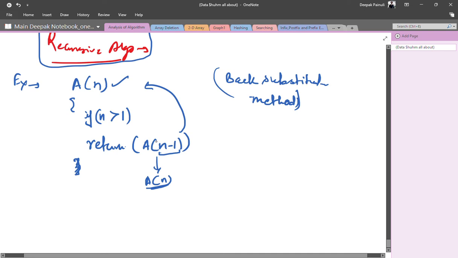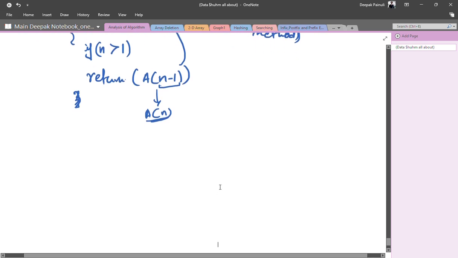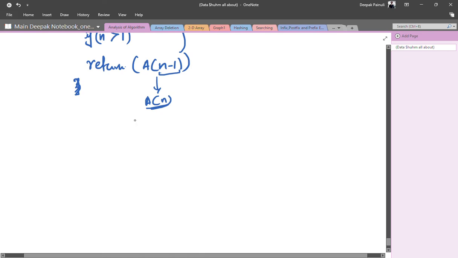So if you see this code, you can easily say the time complexity of this algorithm will be T(n) equals 1 plus T(n minus 1), right?